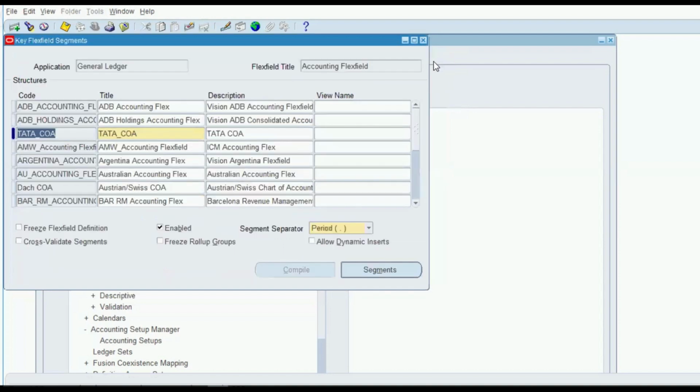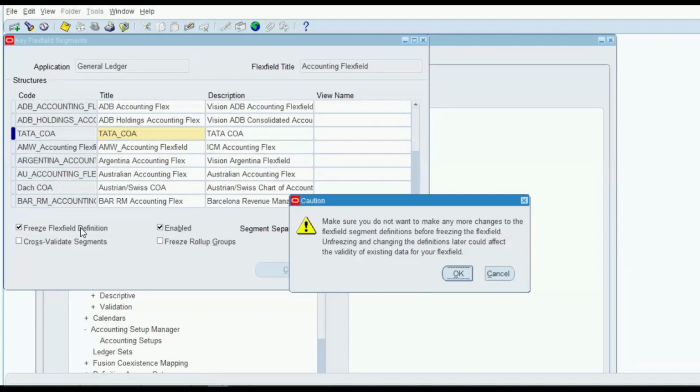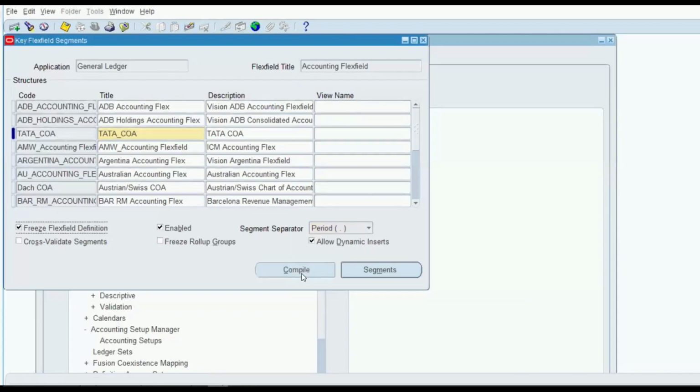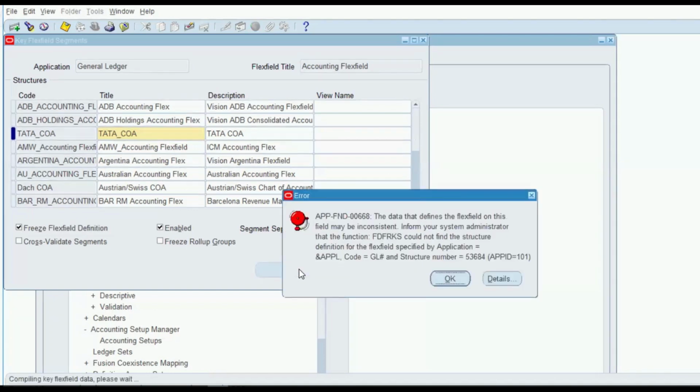Once I have created this, here you can see this is allow dynamic insert. What is this? I would explain to you in the next 15 minutes. Once done, I save that and then freeze the flex field definition. I would attach that and compile it. So once the compilation is done,